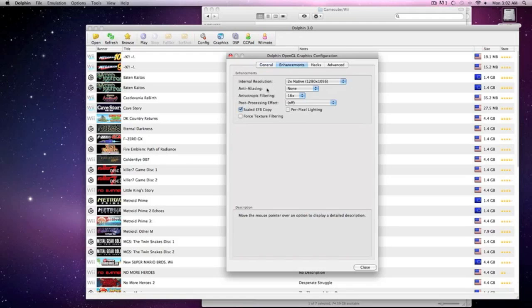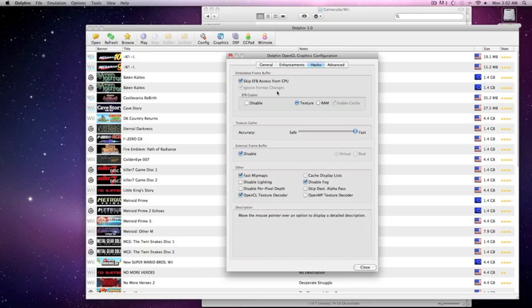So yeah, these are the settings, and for AA I usually put none just because it gives me smooth gameplay, and I don't really notice a huge difference generally as long as I'm using at least 1080p. Yeah, so for hacks, you want to set the texture as default and